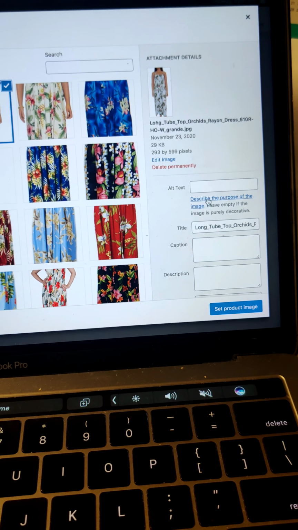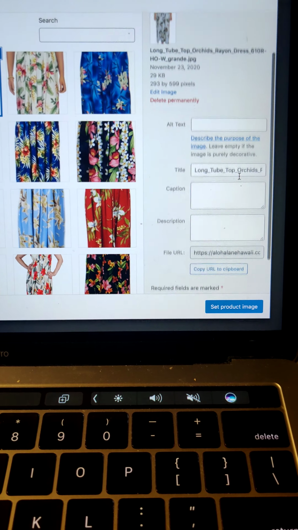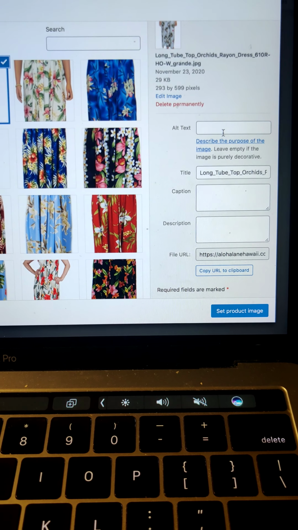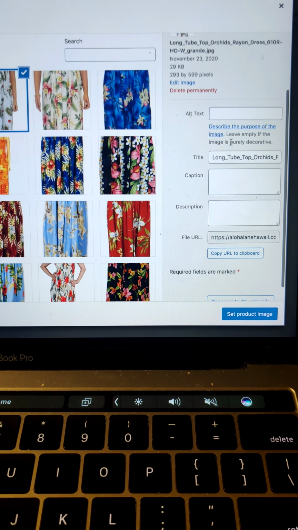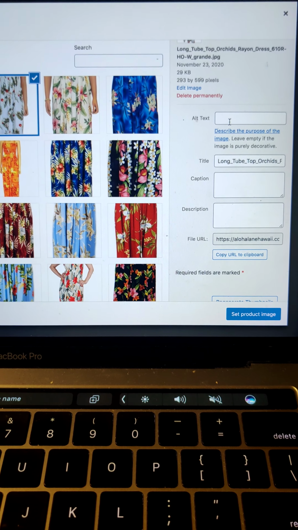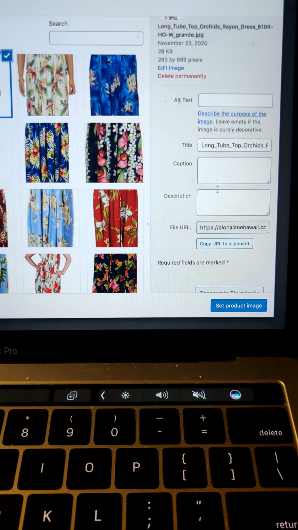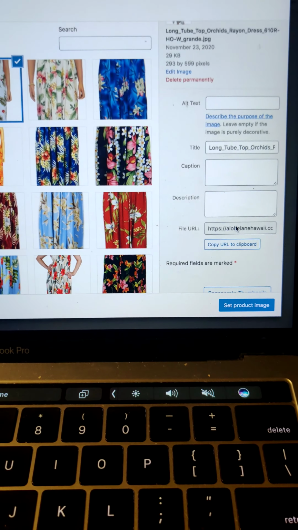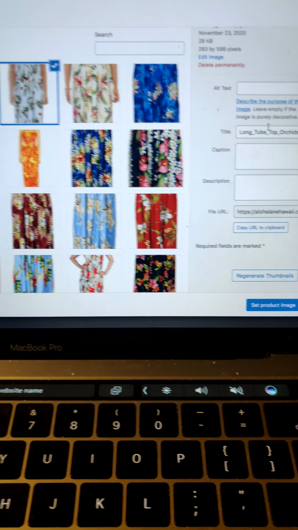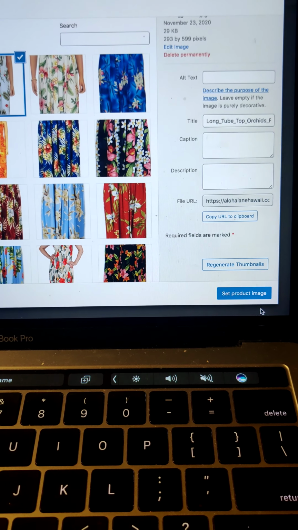And then in here, alt text, you can describe it, but you can leave these blank if you wanted to. This won't really show, but it would be nice if you have the time to put in any description that you can. So right now, since this is only showing you how to add the products,